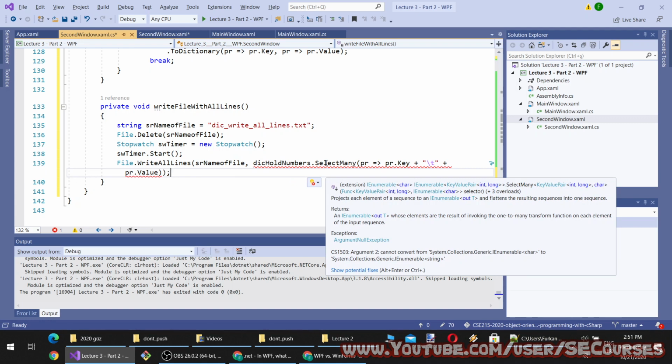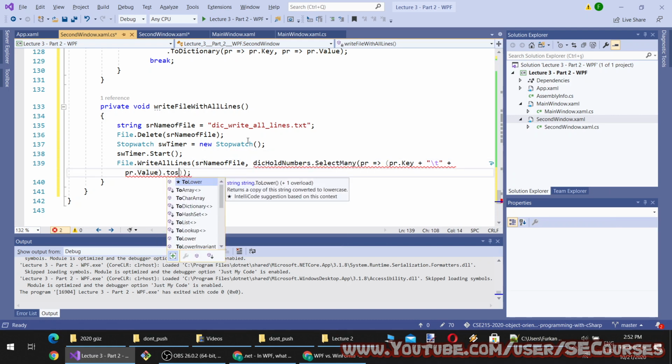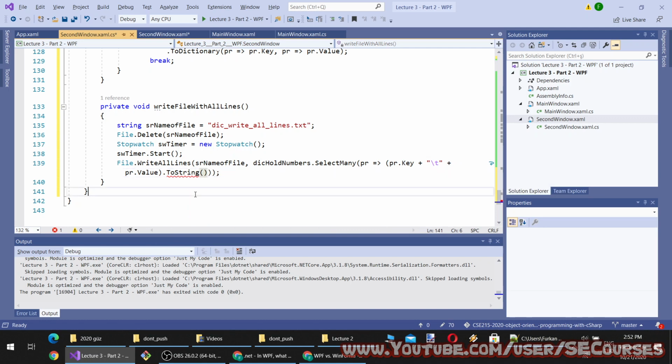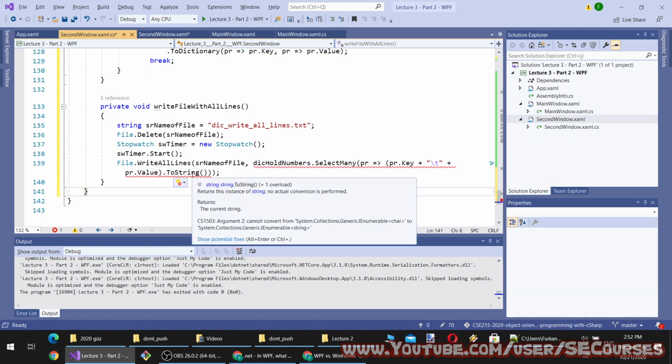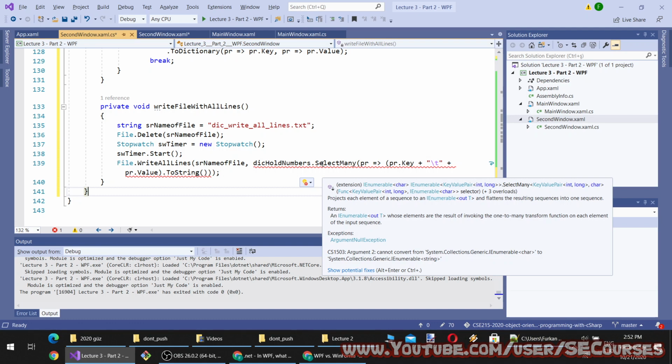It says argument 2 cannot convert from System.Collections.Generic.IEnumerable<char> to System.Collections.Generic.IEnumerable<string>. So it sees this as a character collection and I am going to make it like this. And when I make it like this, okay, so SelectMany, select this, okay.